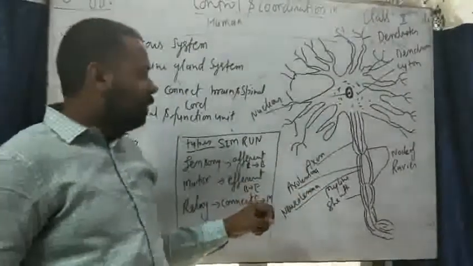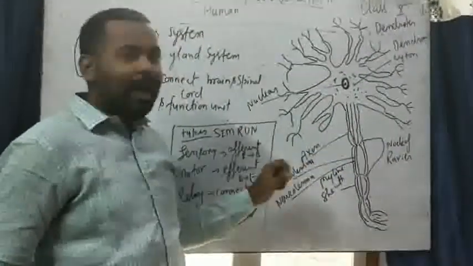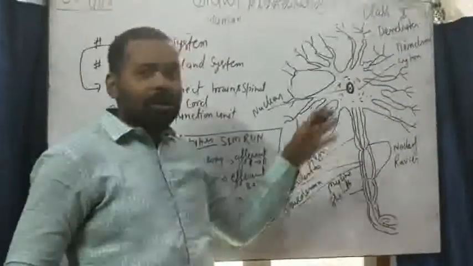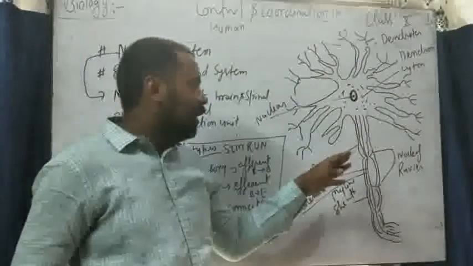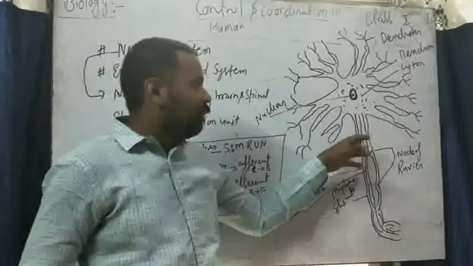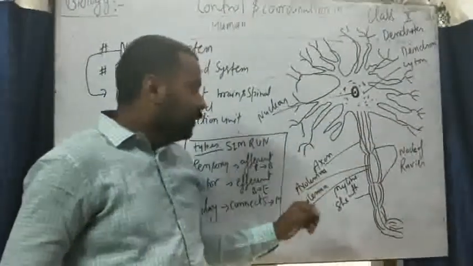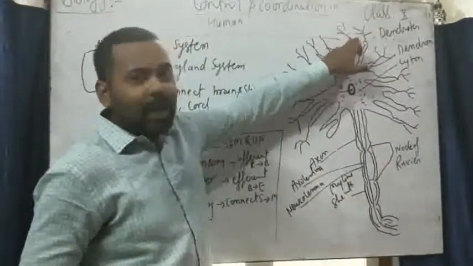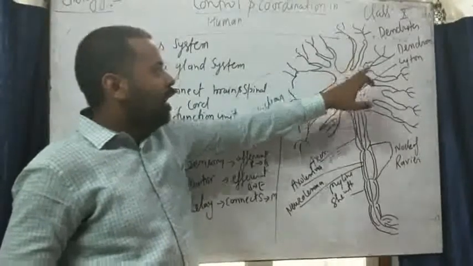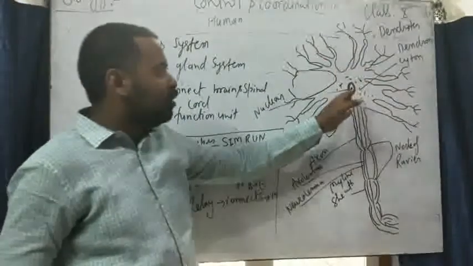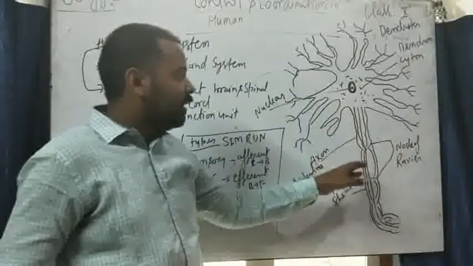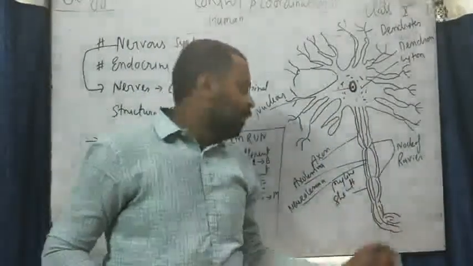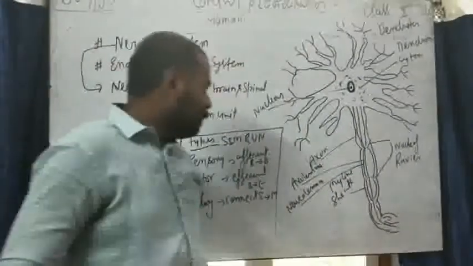Axon is made up of three things: axolemma, neurolemma and myelin sheath. Myelin sheath is the outer covering, axolemma is the innermost layer, and the neurolemma is present after the axolemma. Here impulses are taken from dendrites, and after that sent to the dendron, and dendron sends the impulses to the cyton, and cyton sends these impulses to the axon, and these axons send these impulses to the spinal cord.